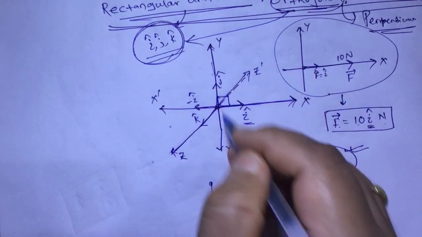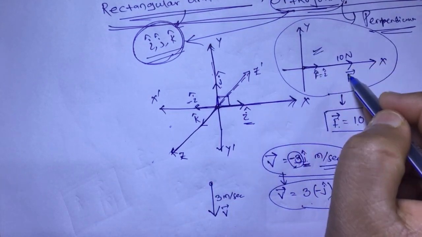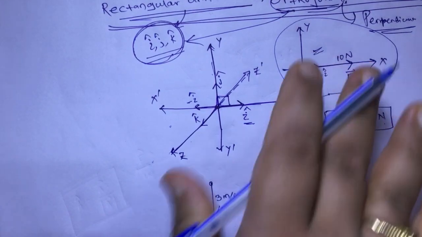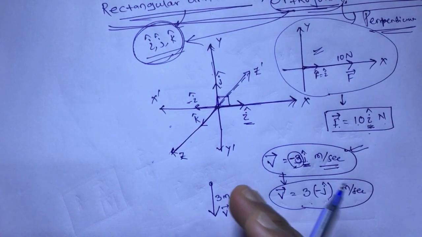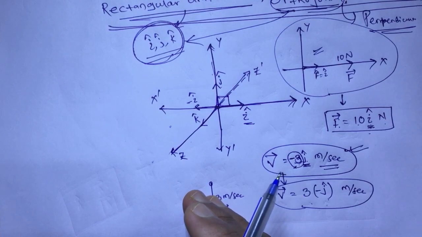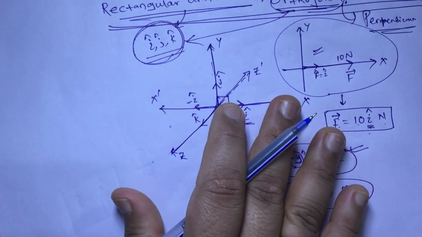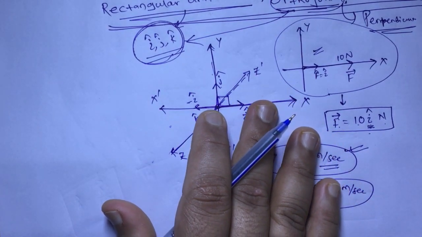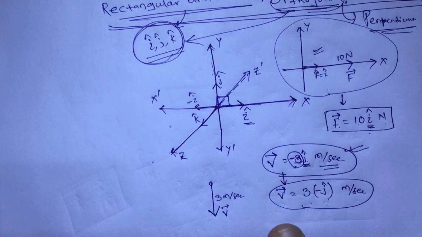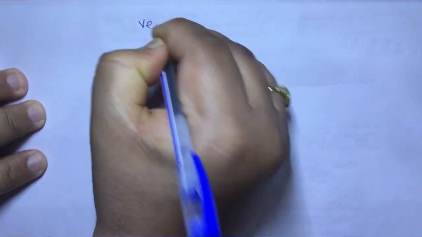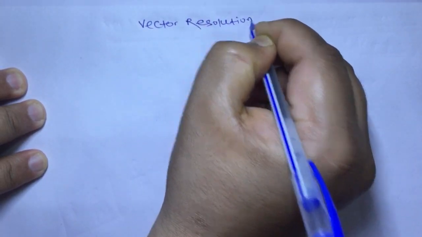So what do you have to note here? Just write rectangular unit vector, draw this diagram, show the unit vectors along the axes, and write one example. Draw a vector and write it like this, that much. But remember this concept. Now let us come to the next point, where we will learn about vector resolution. Till now we can only write the mathematical form of vectors which are along axes, but after learning vector resolution, we can know how to write mathematically any vector. So here we will learn about vector resolution, or resolution of vectors.